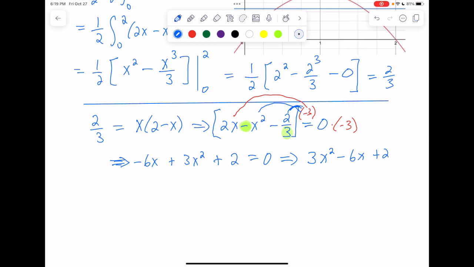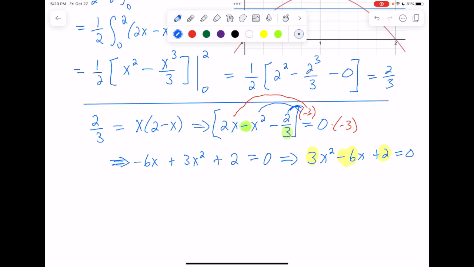Quadratic formula is an option. So if you want to use quadratic formula, your a is 3, your b is -6, your c is 2, go for it. But whenever you have an even b, the quadratic formula always ends up having a lot of simplification to do. So instead of using the quadratic formula, and I forgot the equals 0 over here, I'm going to use completing the square instead.